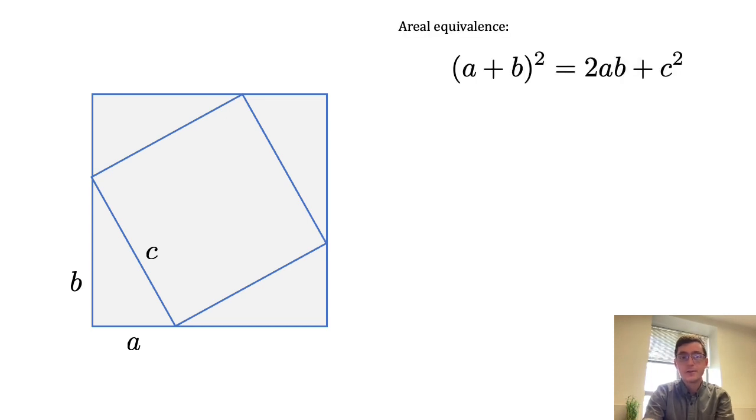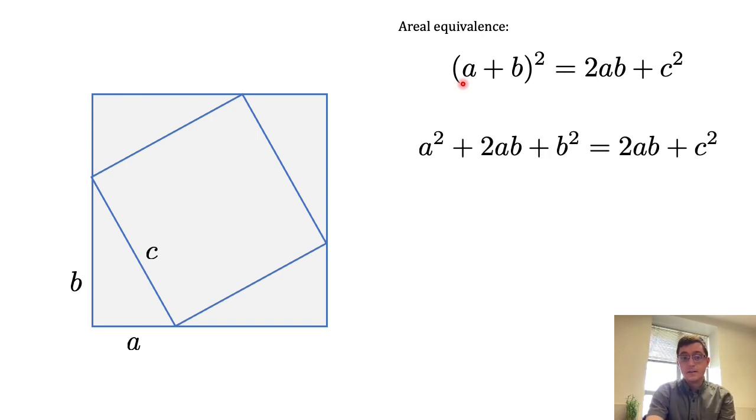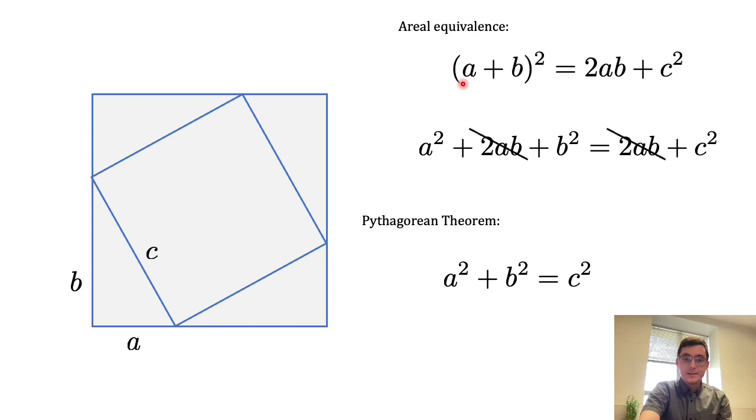Now, if we take our areal equivalence equation and we do FOIL, we just open up this parenthesis here. You do a times a, a times b, b times a, b times b, and that gives you this expression, and now you see something very straightforward. Those two terms cancel, and what we're left with is the Pythagorean theorem. And we'll give it stars because it's so cool. It's a cool